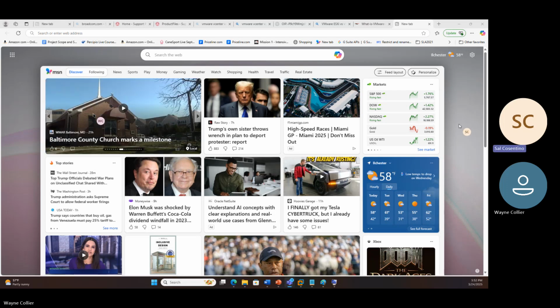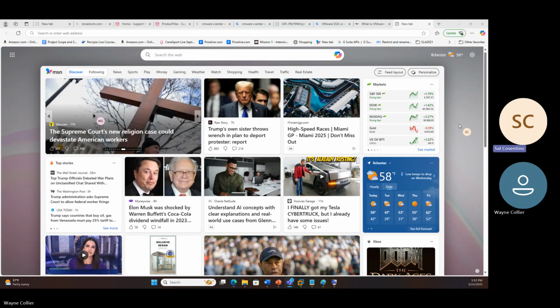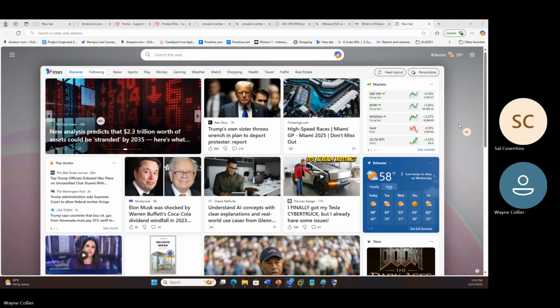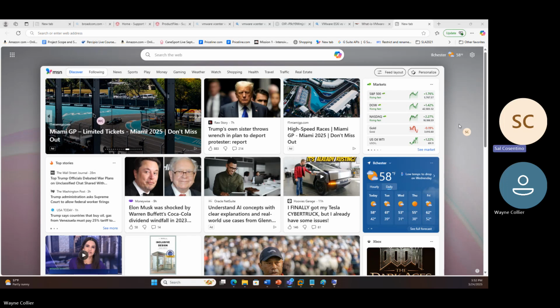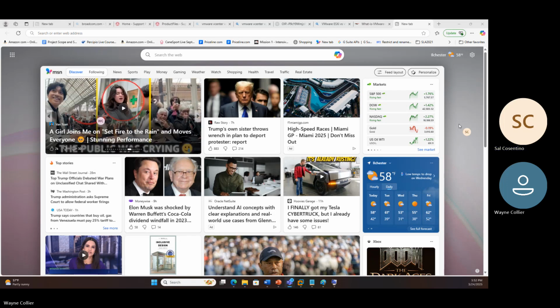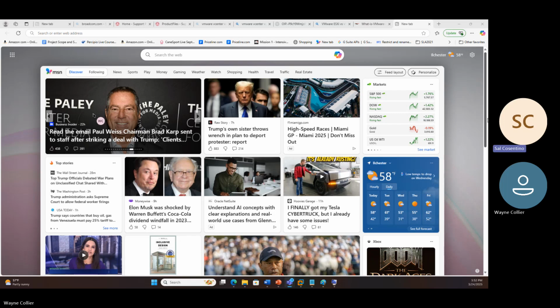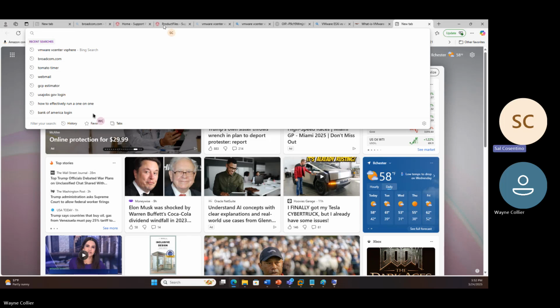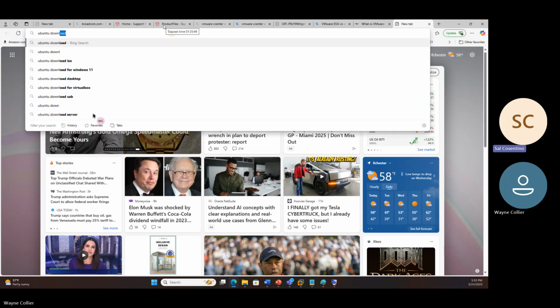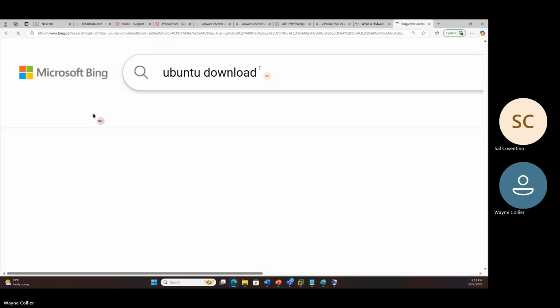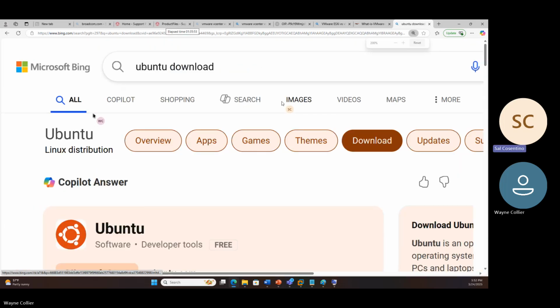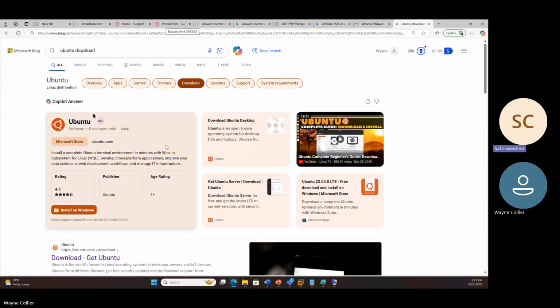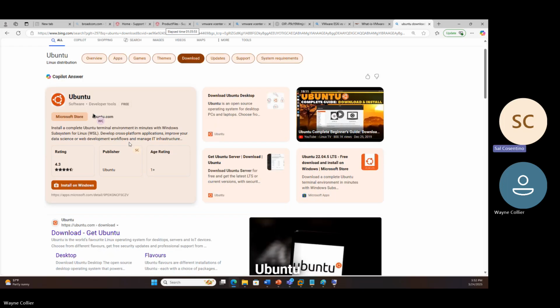So you have a link: virtual machine, Ubuntu packages, install Ubuntu. So Ubuntu download, and it's by Canonical. Canonical's the vendor, right? Ubuntu is the software, the developer software. And in order to get that,